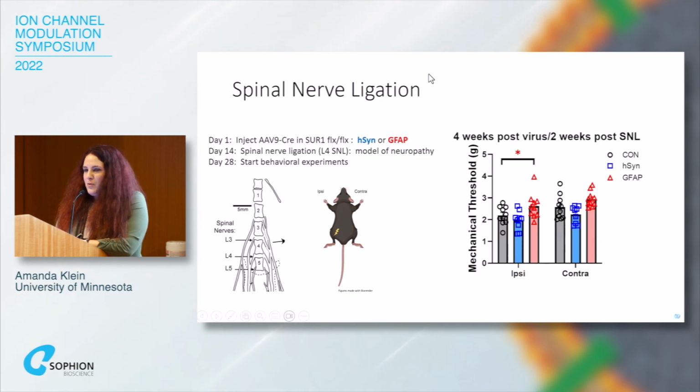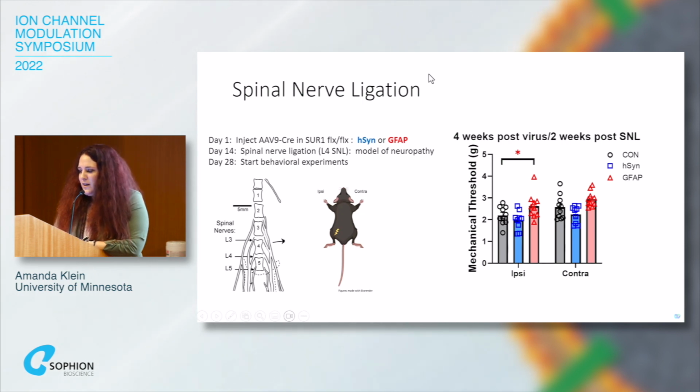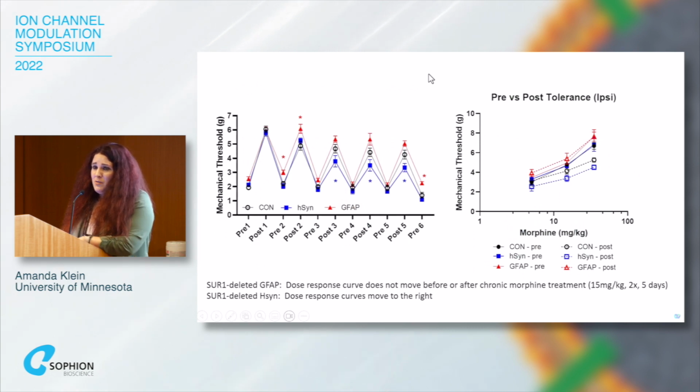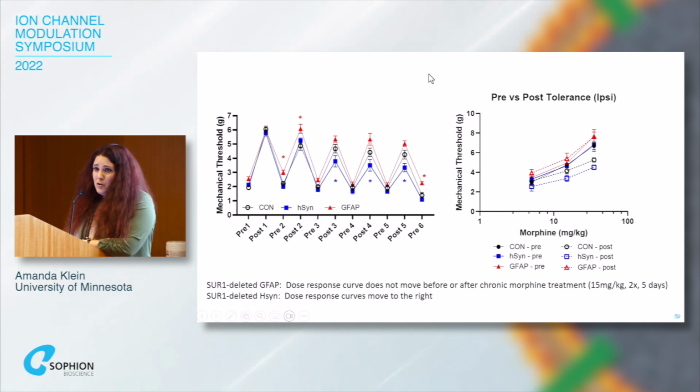With the neuronal promoter, we didn't really see much of a decrease, and we weren't expecting it because we think that the activity and function of these channels are probably already compromised during nerve injury. But interestingly, on the ipsilateral hind paw, using the GFAP promoter, these animals had increased mechanical thresholds, indicating there was less hypersensitivity in these animals. That was a bit surprising. And it was even more surprising when we did the morphine tolerance paradigm in these animals. You can see here that the GFAP promoter animals did better than either the control animals,